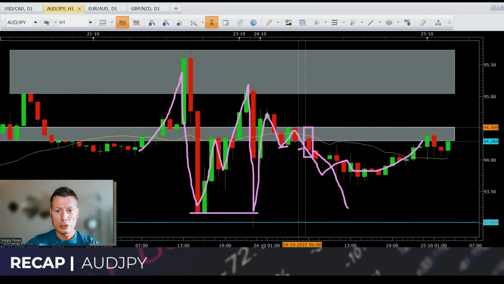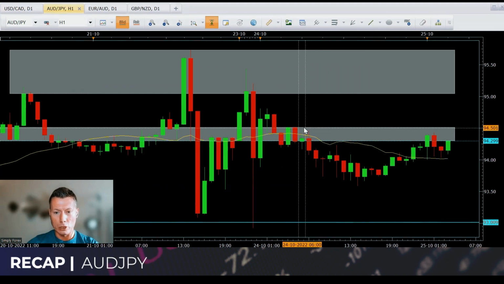All right. So Aussie dollar, Japanese yen. I was looking at this candle. Please let me know if you traded this pair or if you were looking at it. And I was considering this trade, put my stop above here. I would have got my risk to reward of 1:1, but I stayed out of this pair, guys. Didn't like it.